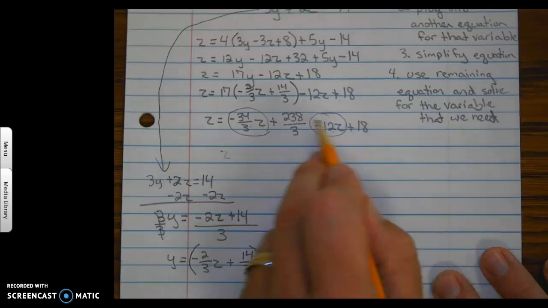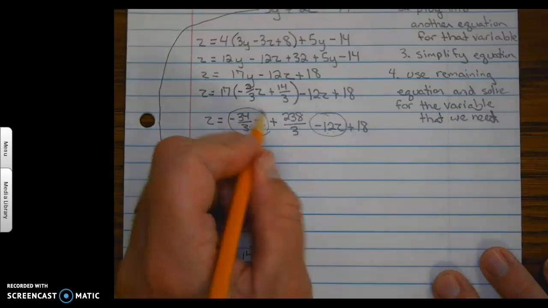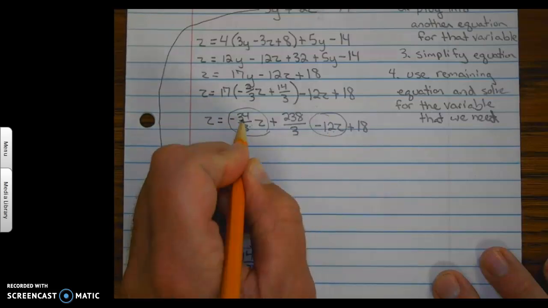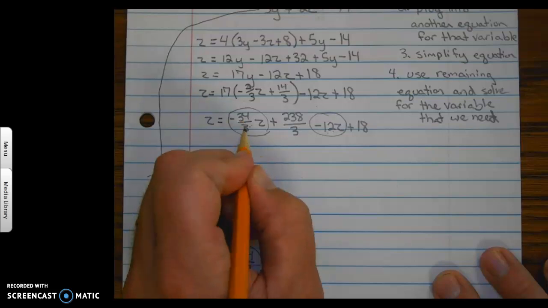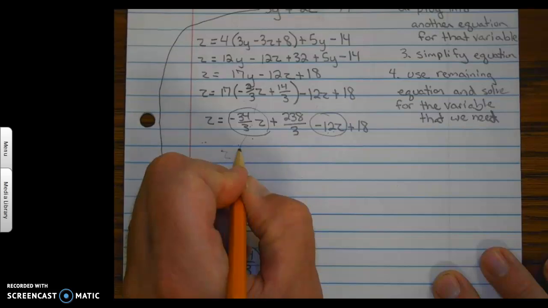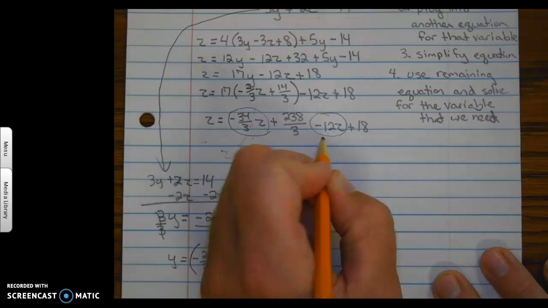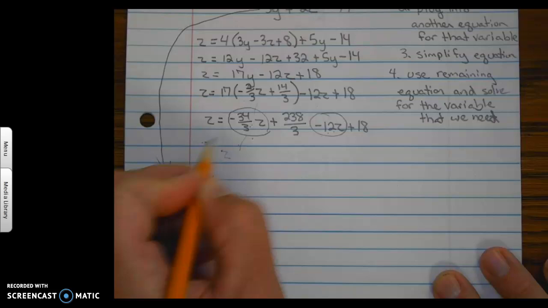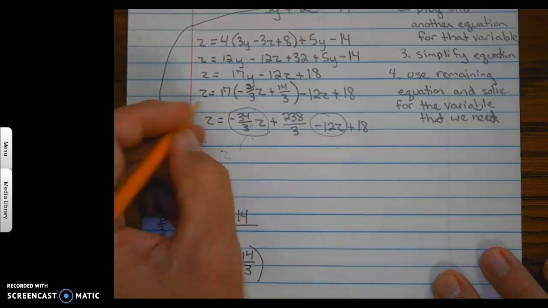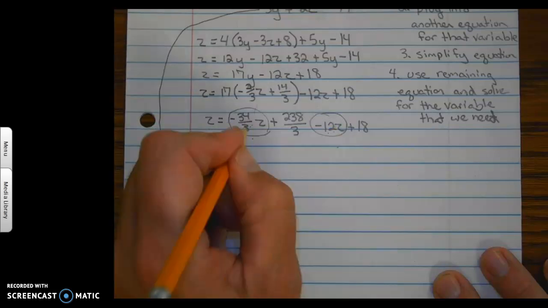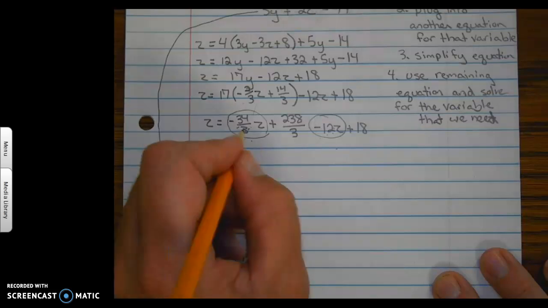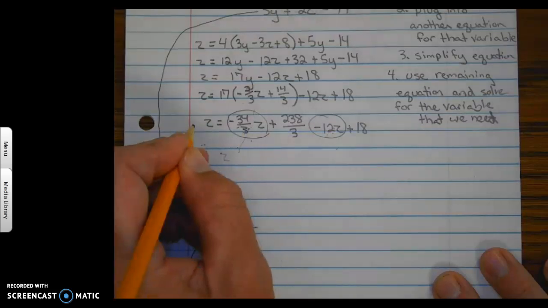Now, one of the ways you could do it, you could combine these, or if you want to just cancel them out individually, you could just add 34/3 z on both sides to cancel that out. And then you could add 12z on both sides to cancel that out. So what you're going to end up with, once you cancel these two out, or if you combine them and then cancel them out, it's up to you. Once you do that, you're going to end up with